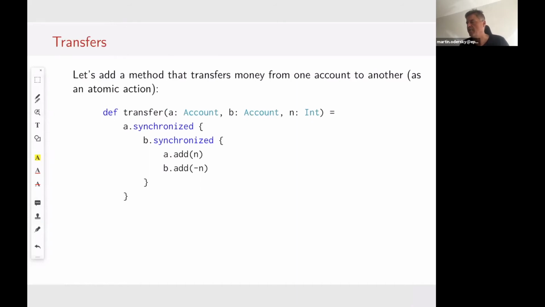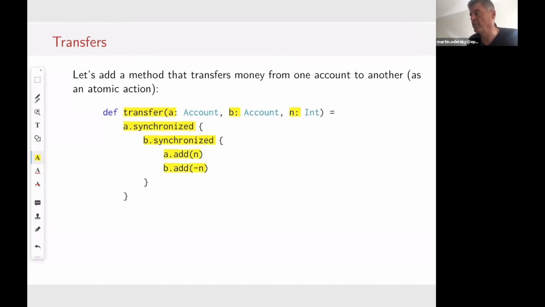So now we want to have a single operation that says I want to transfer from A to B n amounts of currency. So what we want to do is lock both of these accounts before we add n to one account and subtract n from the other account.